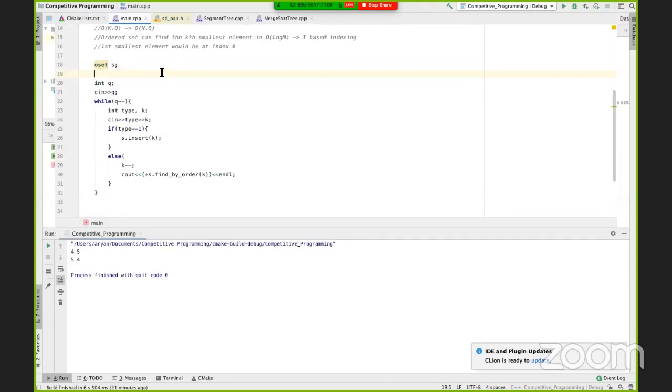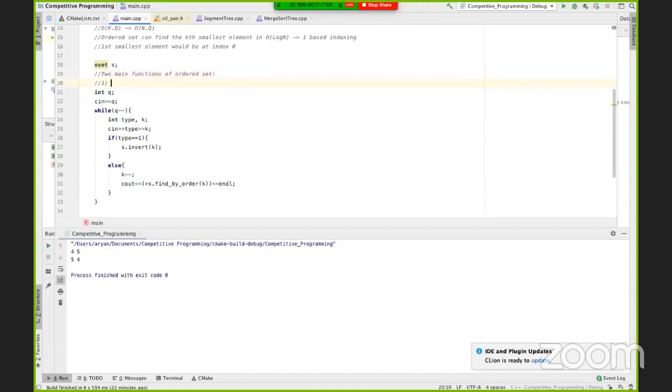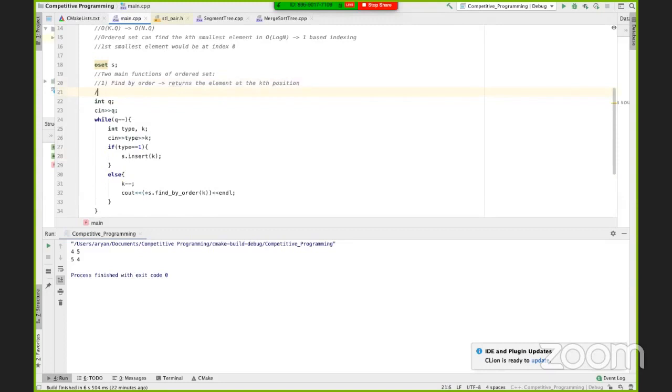So in ordered set, you can do one more thing. There are two main functions of ordered set. First is find by order, which returns the element at the kth position. And the second one is order of key. This returns the position